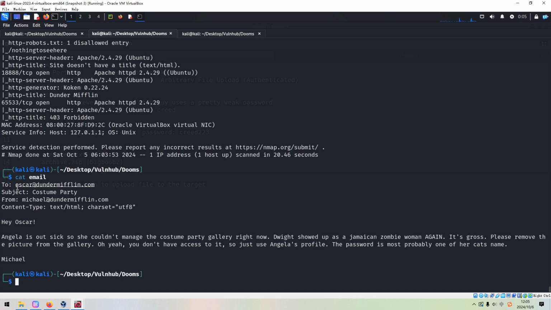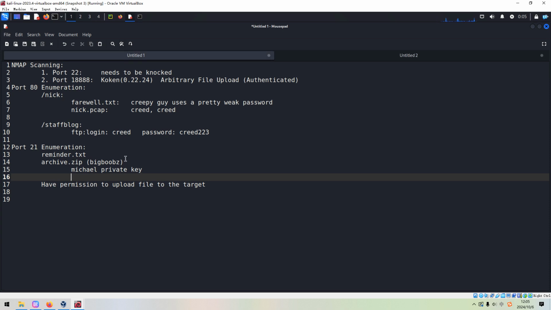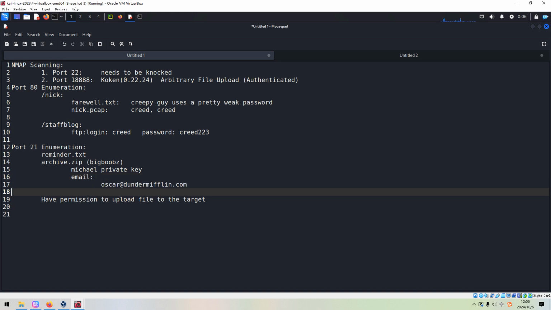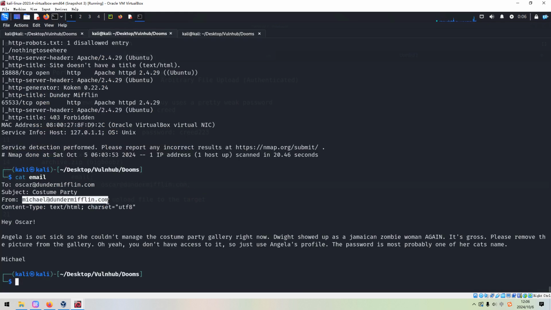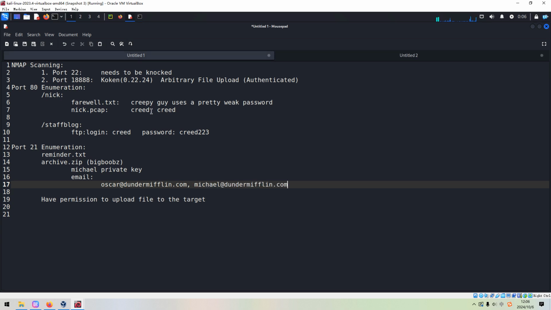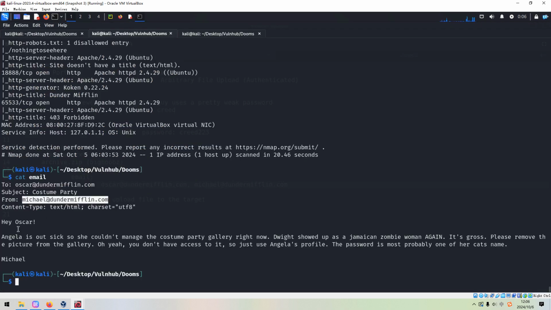And so from the email itself, we can get a lot of important information. For example, the first one should be the possible username, and the archive, so the email, and also we can get another possible username or email address.